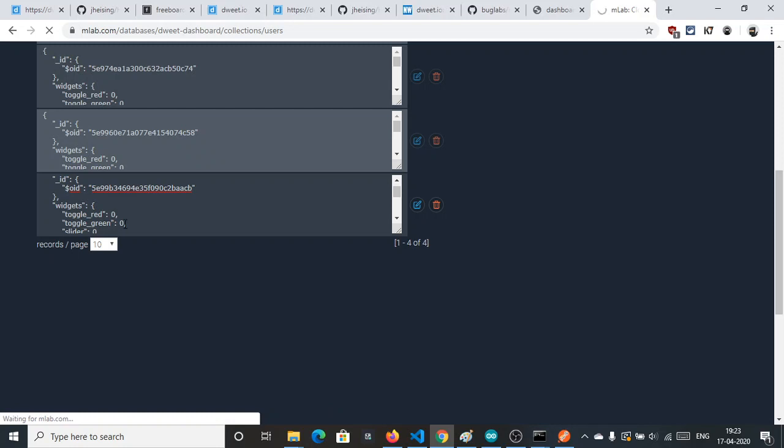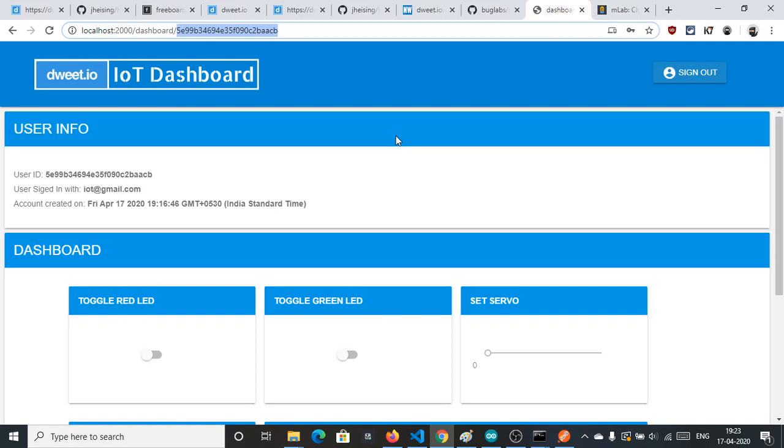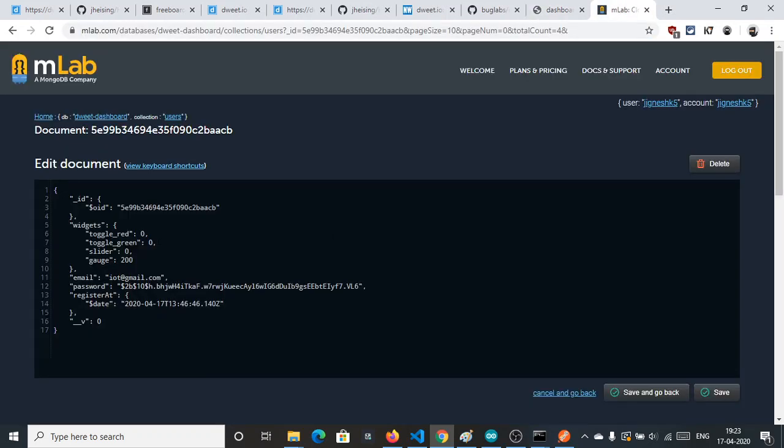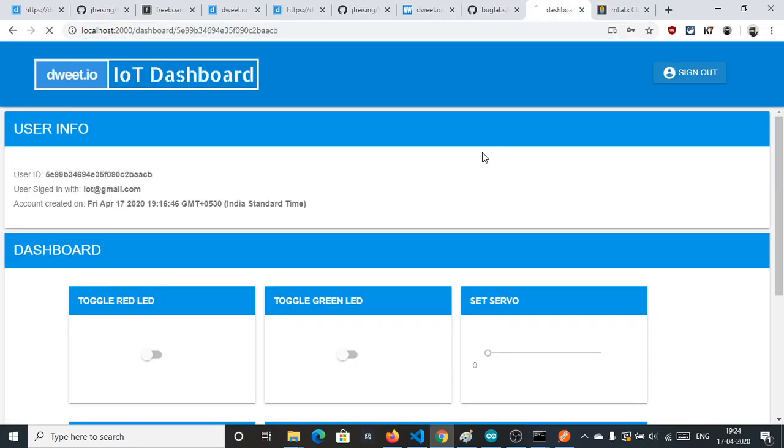This is basically a test to check how the dashboard is initialized on a refresh, on the first request or a refresh or anything. Toggle red, we make it on and we click on save. As it is saved, now we refresh it.